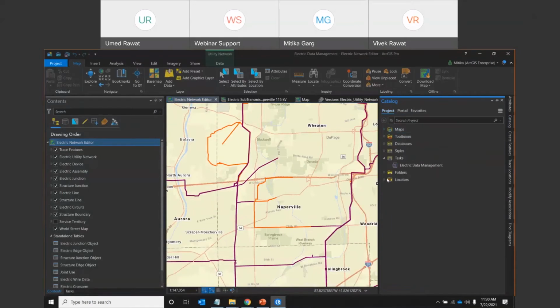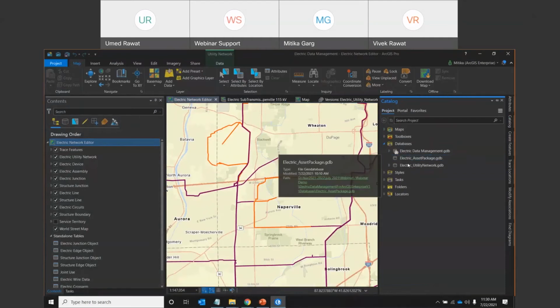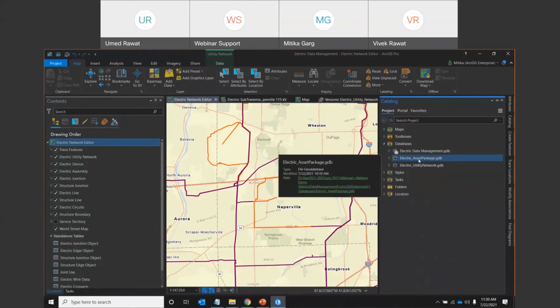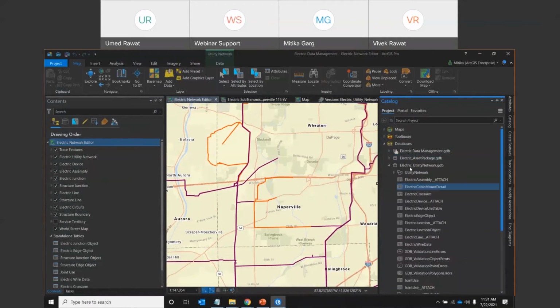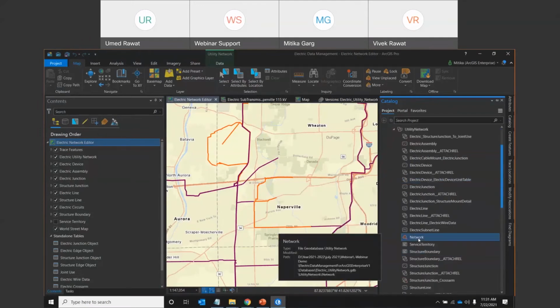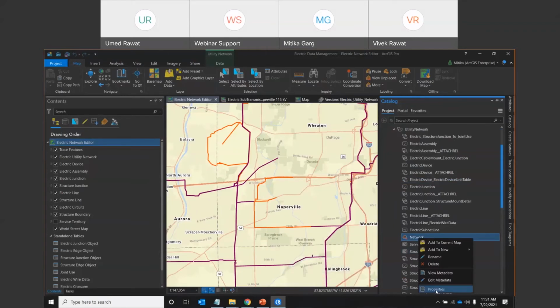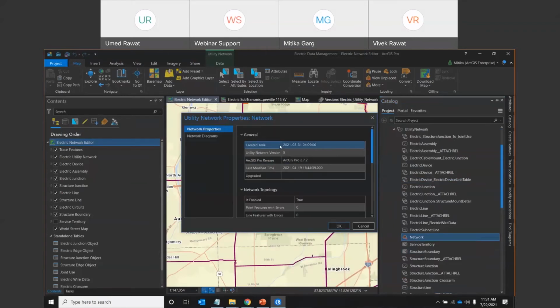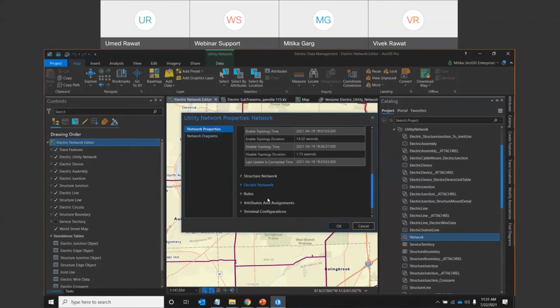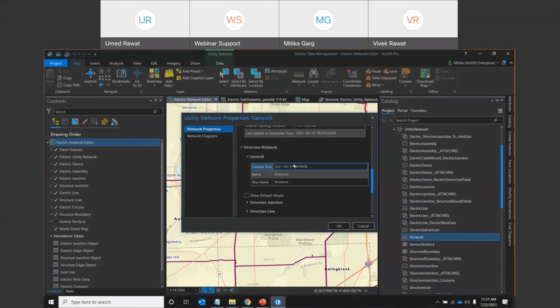So what we have shown you, we have got the databases, electric asset package, where you can see the asset package is there. For a utility, whatever you are maintaining is maintained in the asset package. And when you deploy a utility network, it will create a geodatabase with the utility network capability. So you can see this is all part of this. In this network, when we deploy this utility network, it has all the capability when it has been released, what network topology is enabled, and what all assets are there in the structure network.